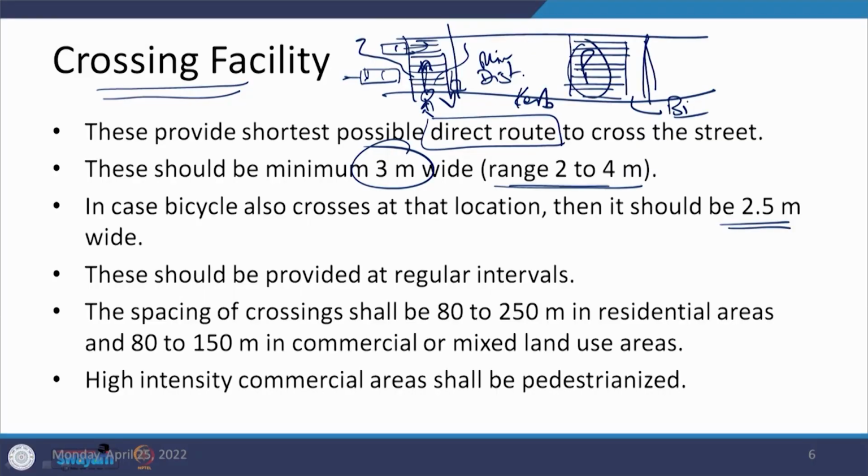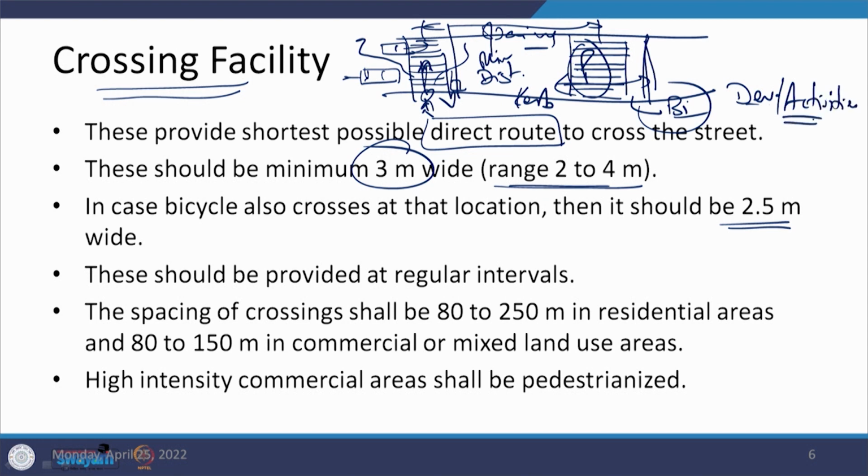Again, depending on the amount of traffic flow which is going to be there for both of the components, we need to see what size is going to be adequate at this particular location for the provision. Now, one thing is whether we are providing this facility at one particular location on a mid block, or are we going to provide it at certain distances, say like this. So, this is a spacing which can be there, and this is going to be dependent on the development and the activities